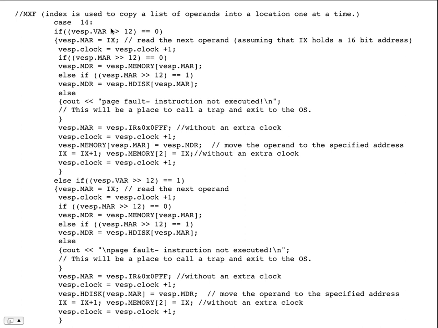And in either one of these cases, I'm going to check to see where the value or the address in the IX register comes from. It could come from either the physical memory of Vesp, which is Vesp.memory here, or it could come from the hard disk, which is Vesp.hard disk. So what I'm really doing here is using the 16-bit address in IX as the source of my move instruction,